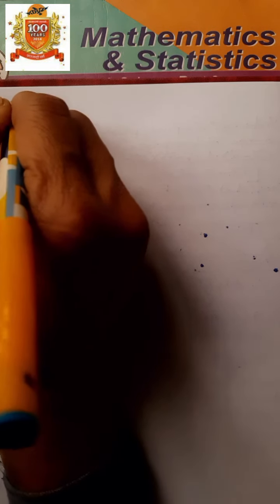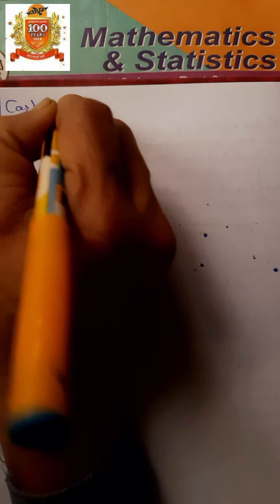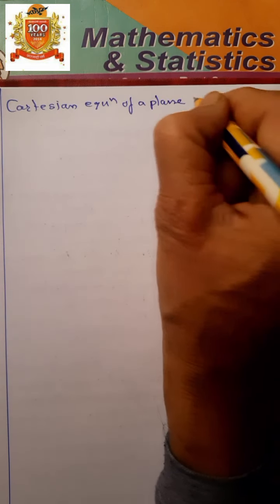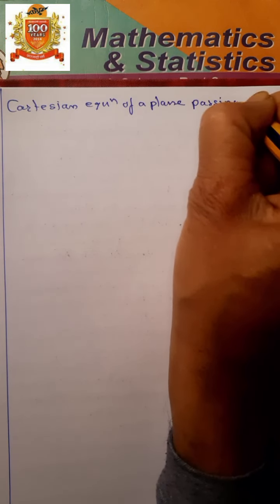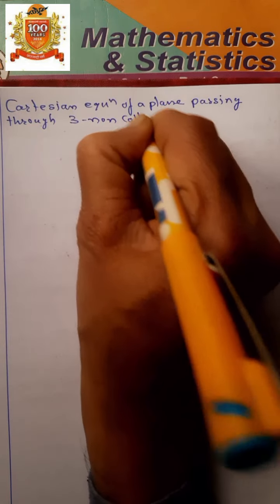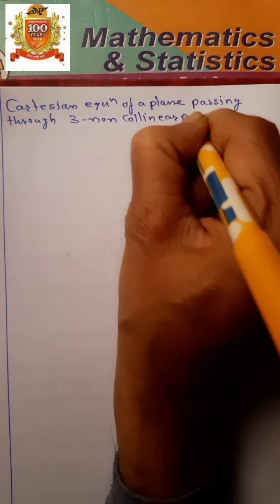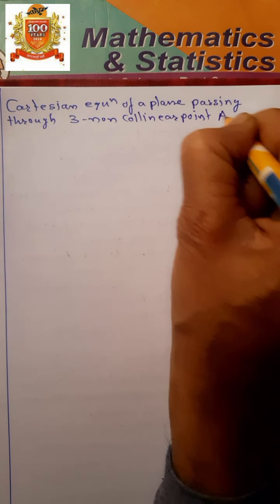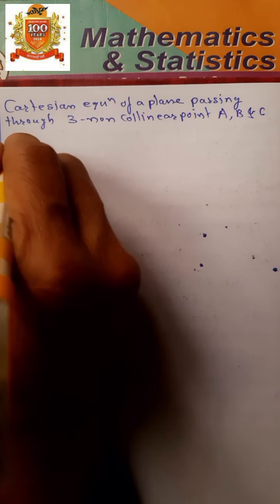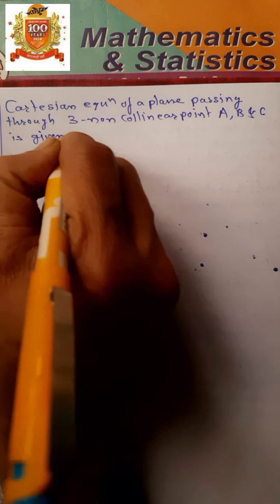Let us see Cartesian. Cartesian equation of a plane passing through three non-collinear points A, B and C is given by